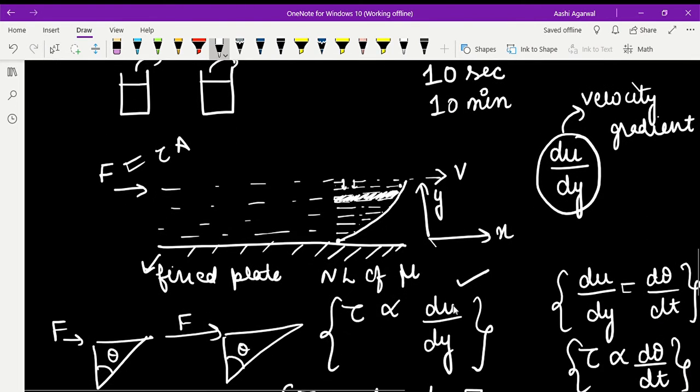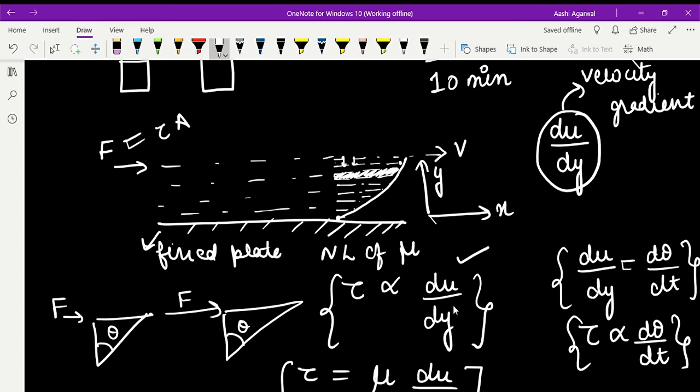Then we moved on to Newton's law of viscosity, wherein he observed that shear stress is directly proportional to, again it has been observed for some fluids, not all fluids follow this observation. Those fluids which follow this observation are called Newtonian fluids. So in this observation he found that shear stress is directly proportional to velocity gradient, and velocity gradient is nothing